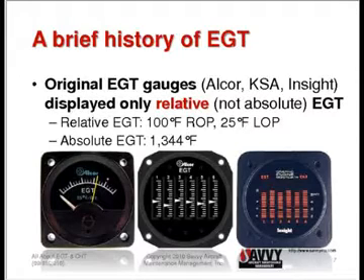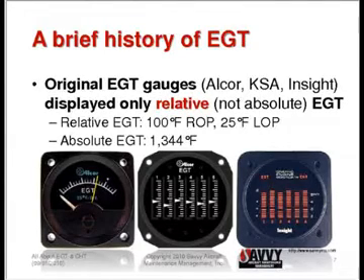The original EGT indicators were very, very simple. They were a little steam gauge like the one on the left there. They were connected to a single thermocouple probe that was located in the exhaust cluster somewhere, and that was the original EGT instrumentation. The interesting thing about those gauges, it wasn't particularly interesting at the time, but it's interesting in a historical perspective, is that if you look at the original EGT gauges, like this Alcor one right here,